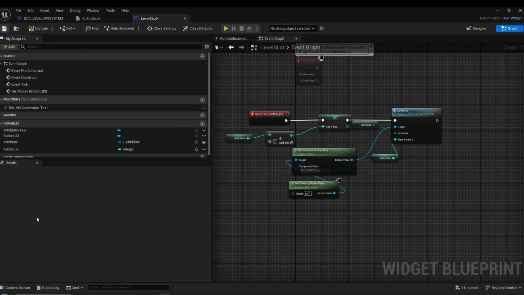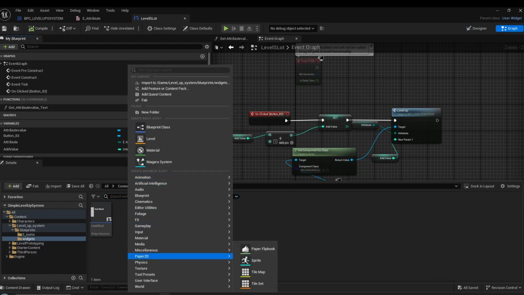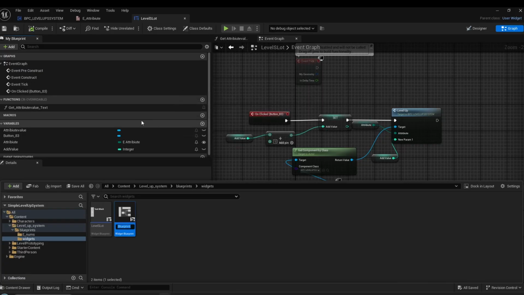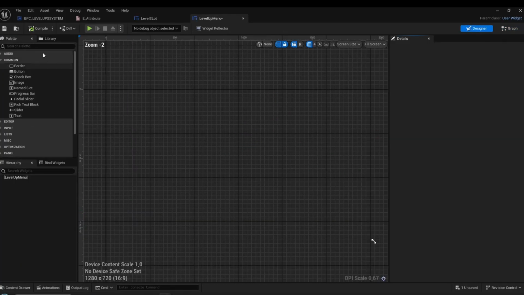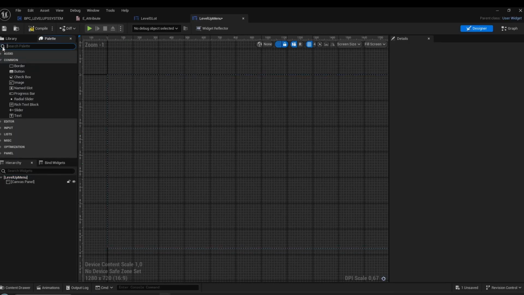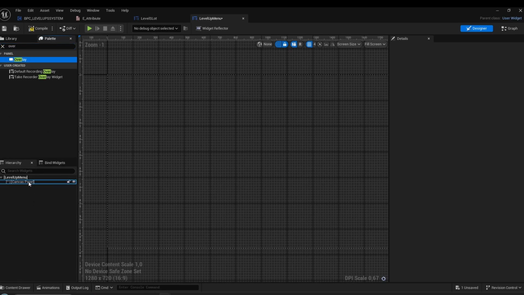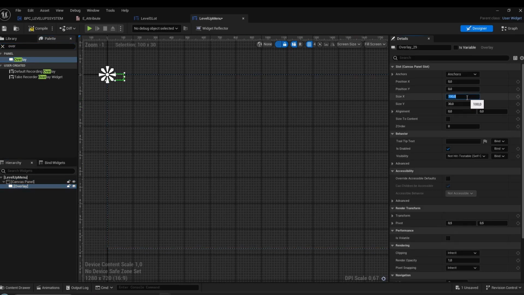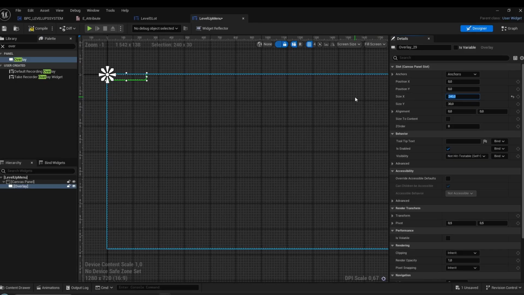And we are going now to the content drawer and create a new user interface and call it level up menu. Open it up, search for canvas panel, drag it into our widget, then search for overlay, make the size something maybe like 240 by 360,